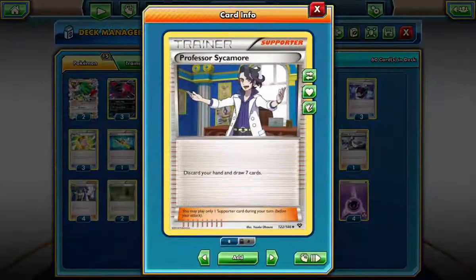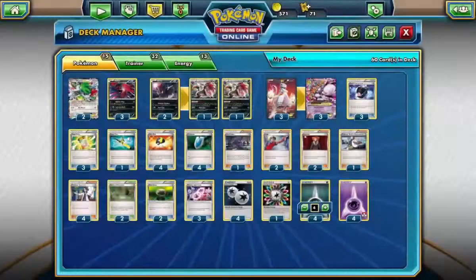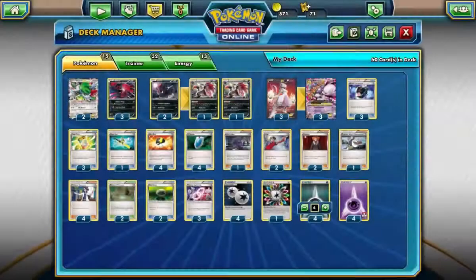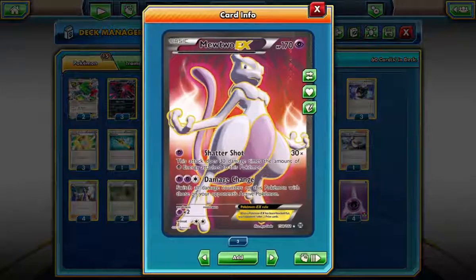4 Professor Sycamore, because it's the best draw support that we have. 2 Shiner Memories. Now this is where I said you can use this damage change effect, because let's say in a hypothetical sense that this thing's got 200 damage on it, so it's got 10 HP left. You can use Shiner Memories, and if you've got the energy requirements, you can use this damage change attack to